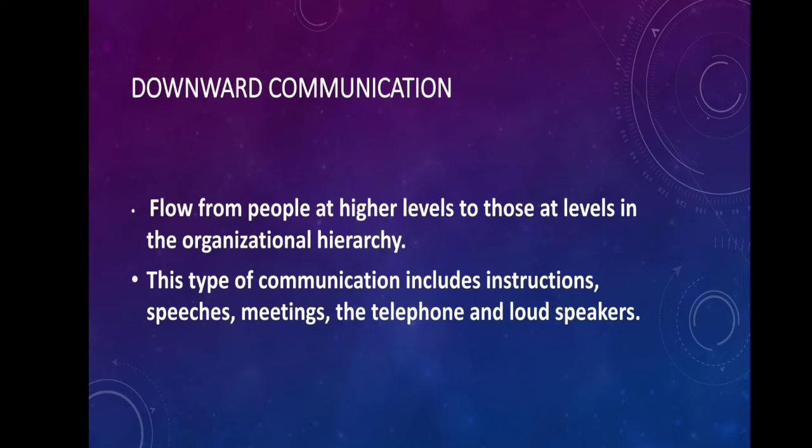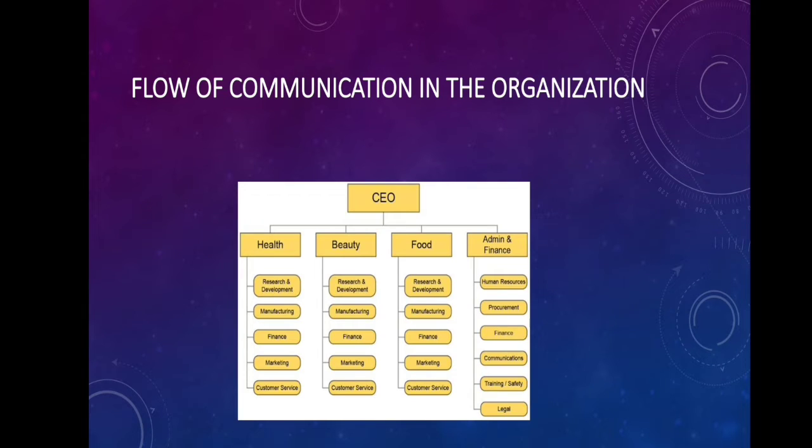So first, flow of communication, downward. Downward communication is a flow from people at higher levels to those at lower levels in the organizational hierarchy. This type of communication includes instructions, speeches, meetings, and the telephone and loudspeakers. So downward communication means the information is from their superior. For example, in this chart, it is from the CEO down to the health, beauty, food, admin